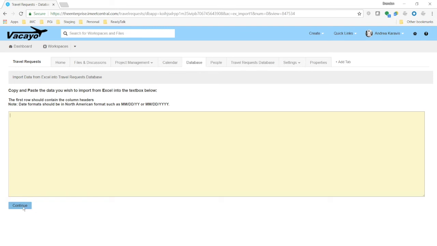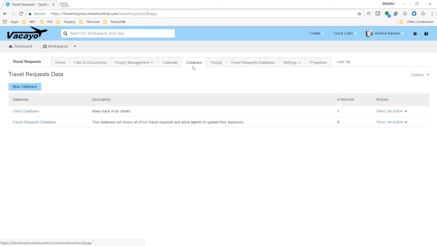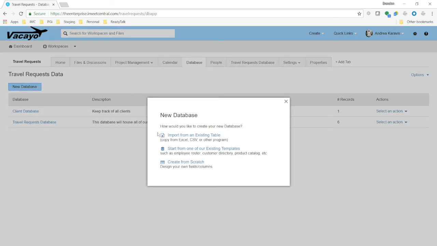but our import wizard will allow you to map all of your column headers and create database records from an existing spreadsheet. So if you remember way back when we started, if I click on the database tab and I click on new database, you've got this option here to import from an existing table. So you can create a database at inception by importing from a spreadsheet, or you can just add records after the fact. I'm a big proponent, and I highly recommend that if you have an existing spreadsheet and you want to convert it, just start by importing like 3 or 4 rows to make sure you got it right,